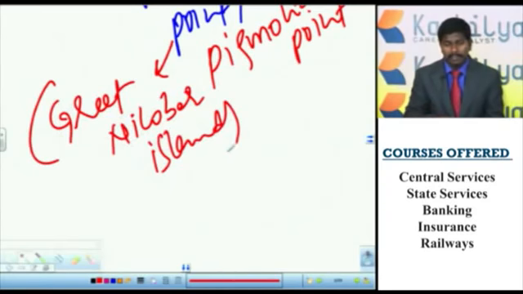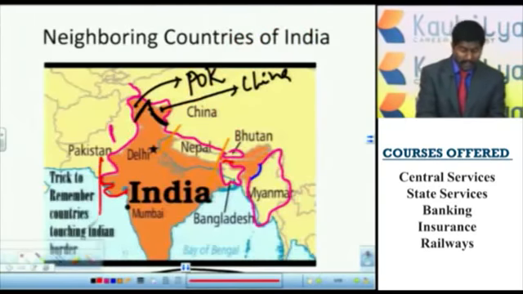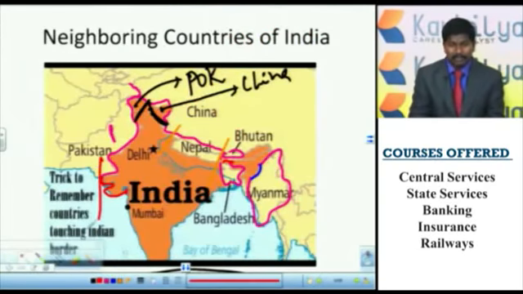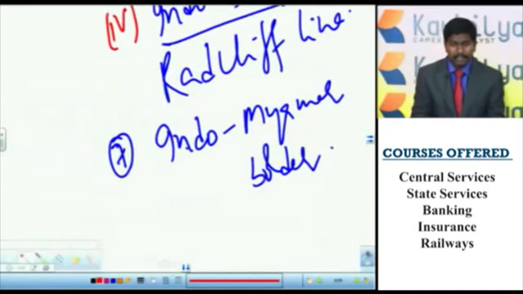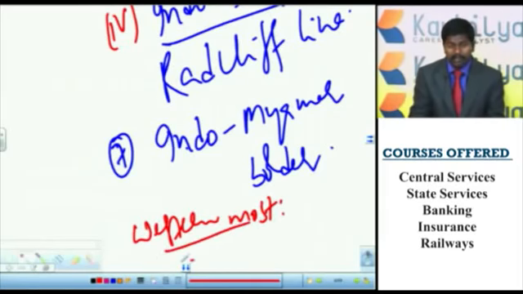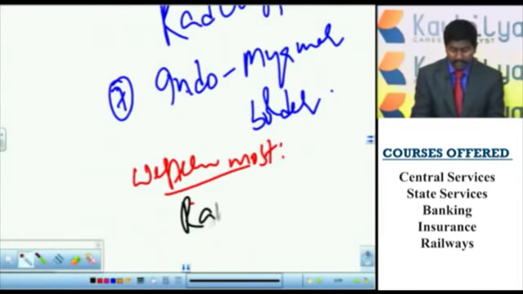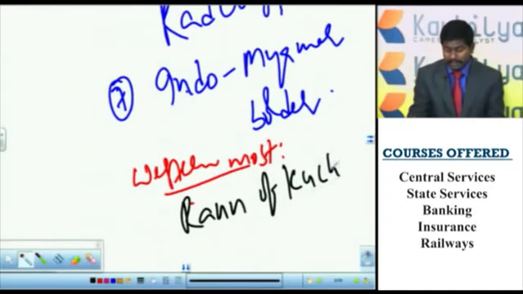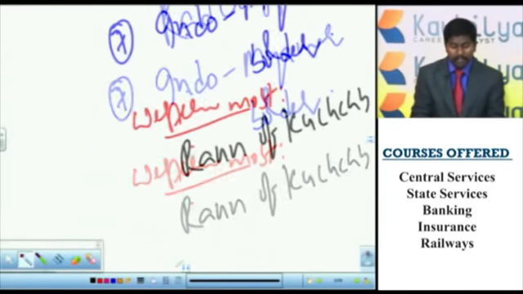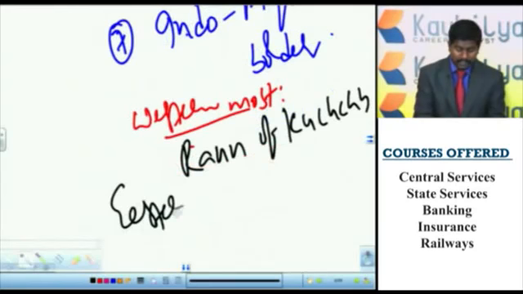Right? So now coming to the westernmost point of this country. The westernmost point of this country is in Gujarat, which is the Sabarmati region, or you can say, the Rann of Kutch region. The Rann of Kutch region is the westernmost point of this country. Similarly, the easternmost point of this country is,